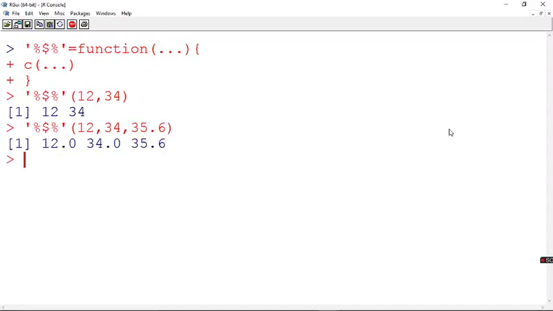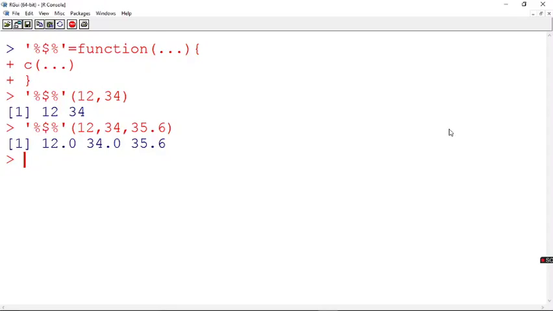See, now it has converted it into a real value because one of them was a floating point value, so it has converted everything to real. So here it is not a fixed number of arguments. You can give however many arguments you want. This is how you can create your variable argument function.